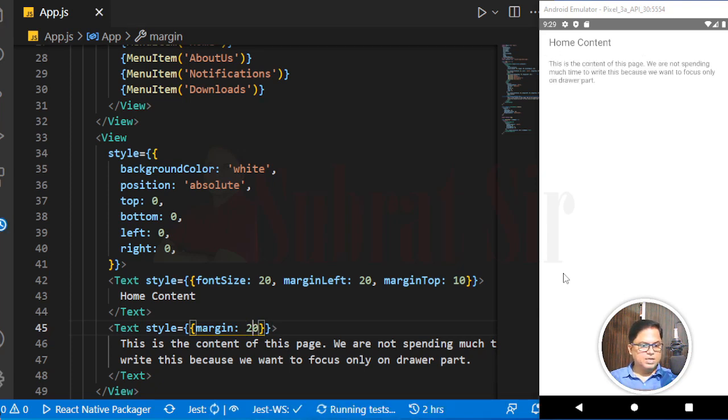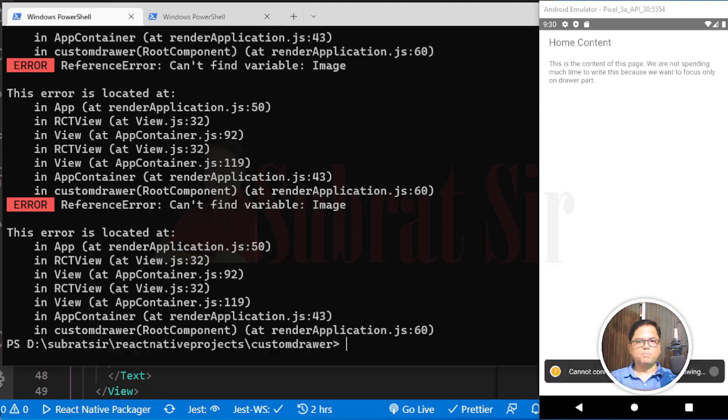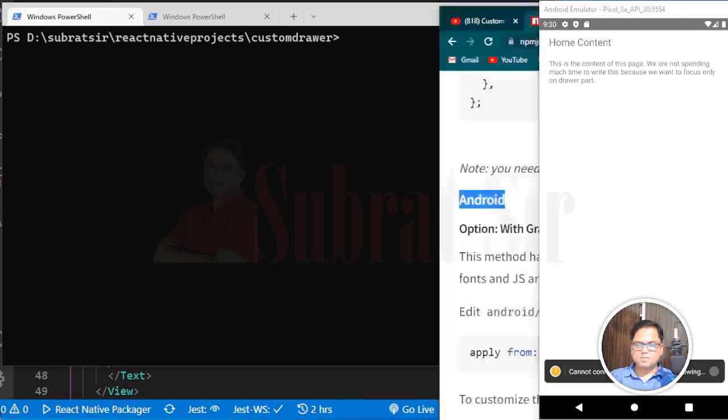Okay, now it is looking good. Now we need that hamburger menu. So for that we need React Native vector icons. Let us come here. Our Metro bundler is running. Let us stop this by pressing Ctrl+C, clear the screen, and install React Native vector icons,